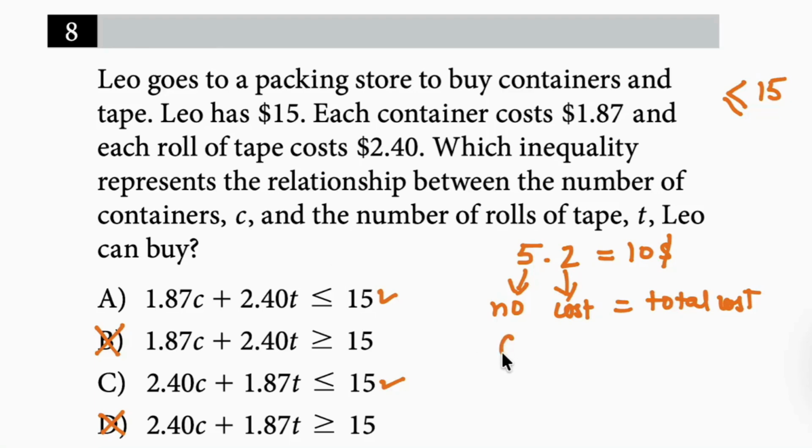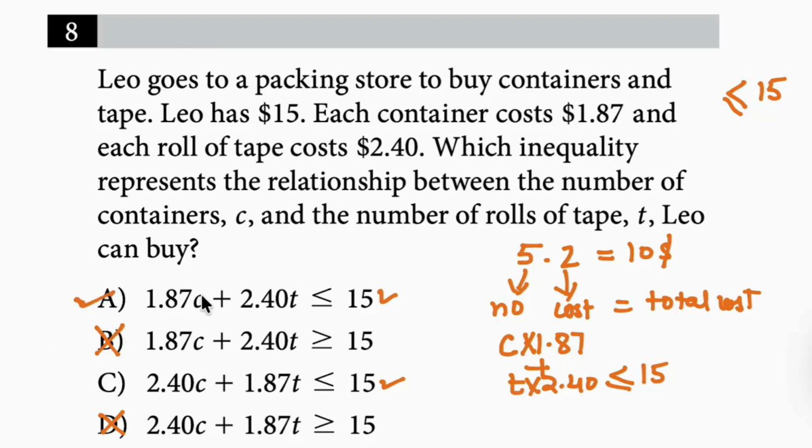So if there are C containers and the cost of one container is this, right? C times this, and the other item he is going to buy is rolls of tape. So again, the number of tapes times the cost of one tape. So this total should be less than or equal to 15 because he has a total of $15, right? Now let's check the options. Which option is